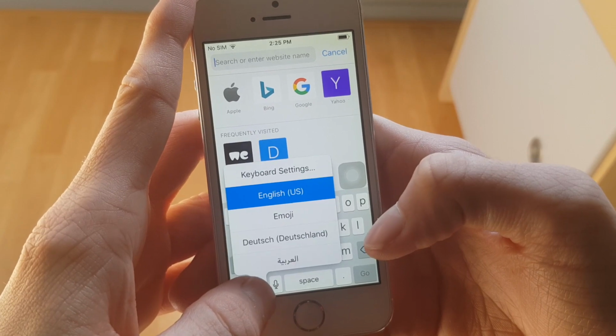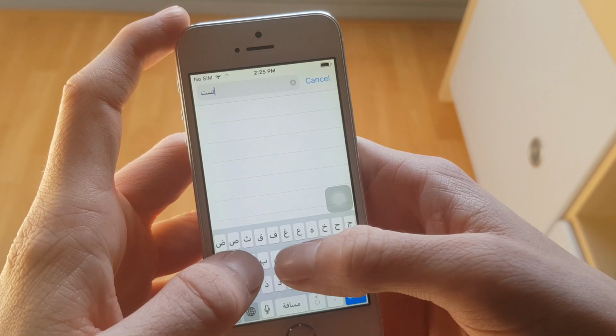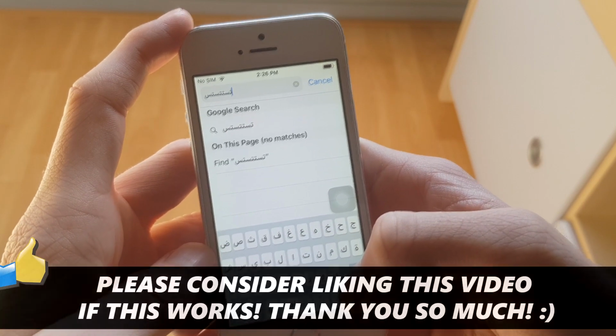Okay, so you then want to select it. You see, right there, and there you go. That's exactly how you can change the language